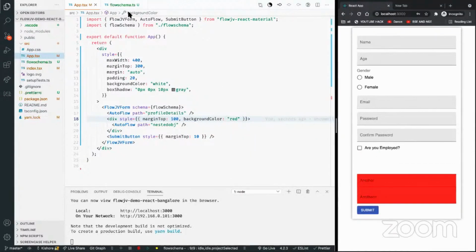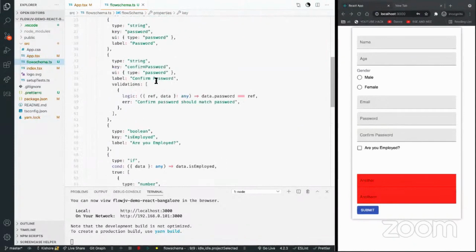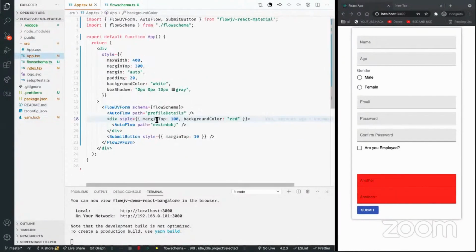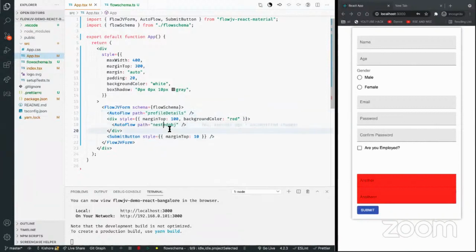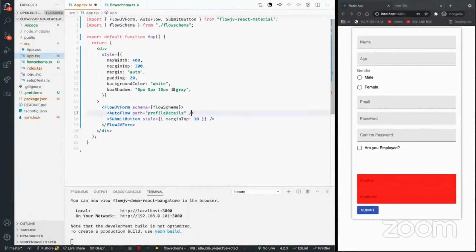So you can see that each part of the property can be defined in AutoFlow in whatever way you want. This facilitates customization, and if you don't want customization, we can always have it at AutoFlow, and it just flows seamlessly.